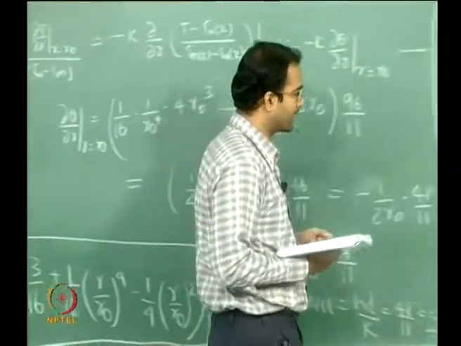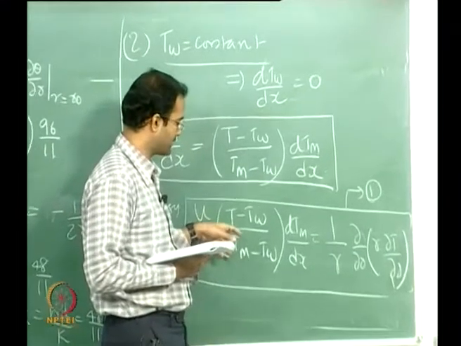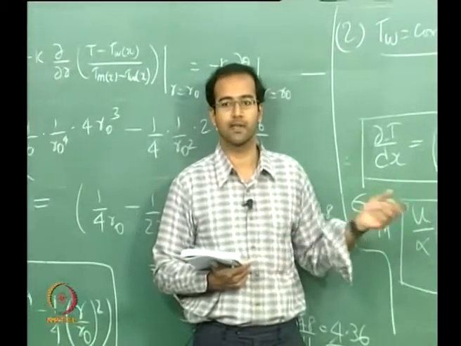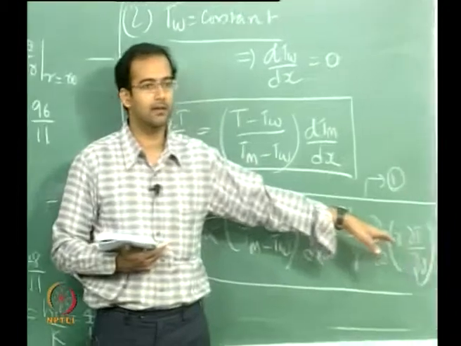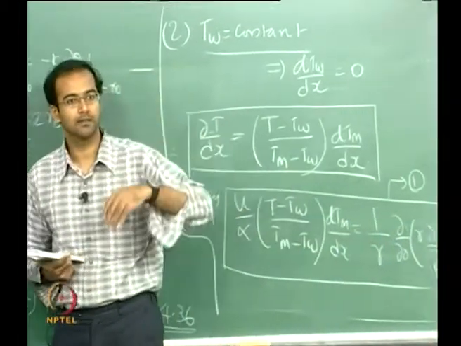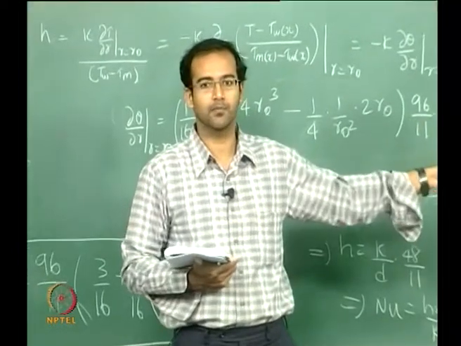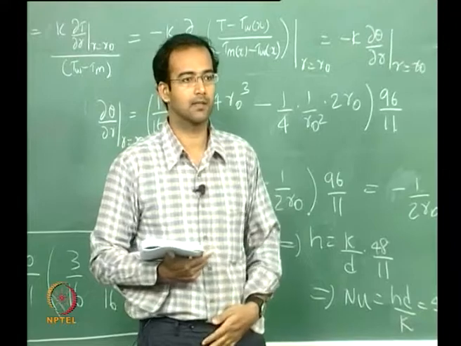One way of doing it is you can guess some value of temperature profile, preferably from the earlier constant heat flux case, and substitute it as a first guess. Then you can integrate it along the radial direction and get a new temperature profile, and again keep putting it on the left hand side and keep doing it until you reach a converged solution.